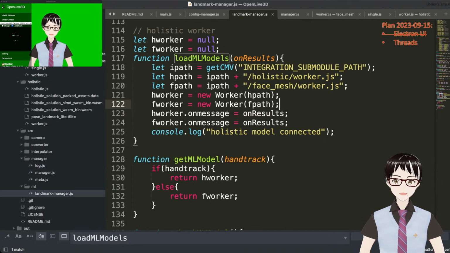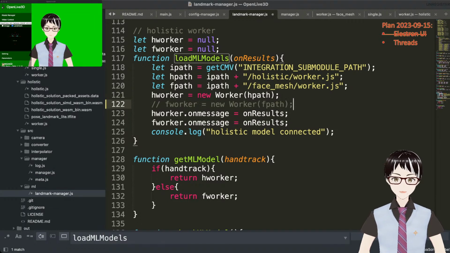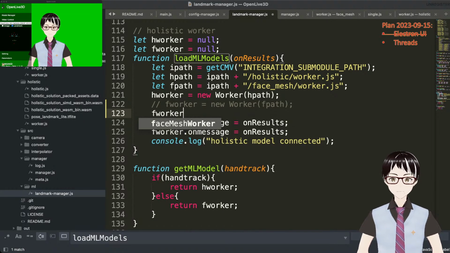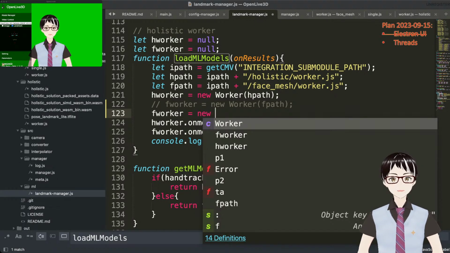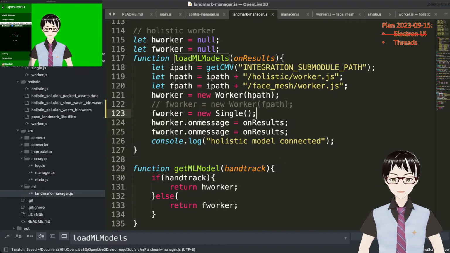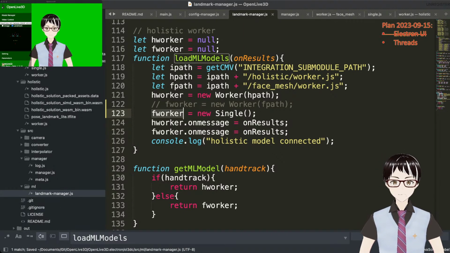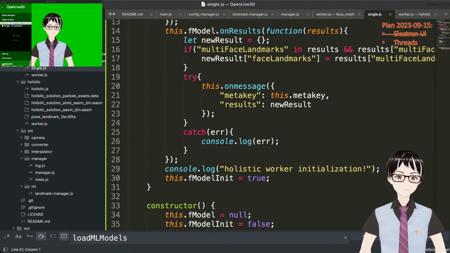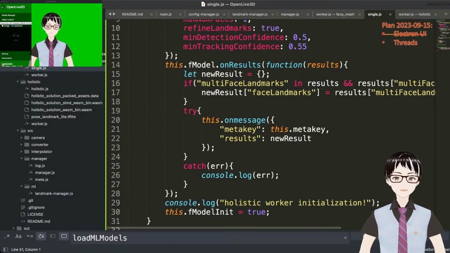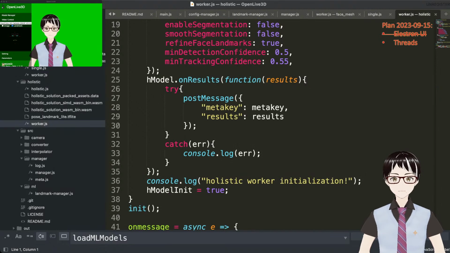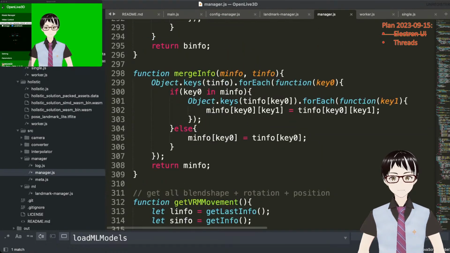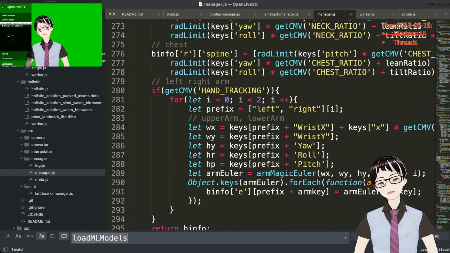Could be. And for the face, we will have f worker equals to new single, let's say onResult. And we are posting this meta and key, and when we try to receive it, okay, inside the manager, how do we use it? Here, let's see,